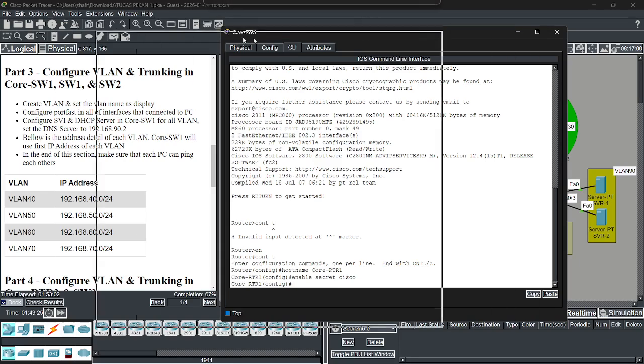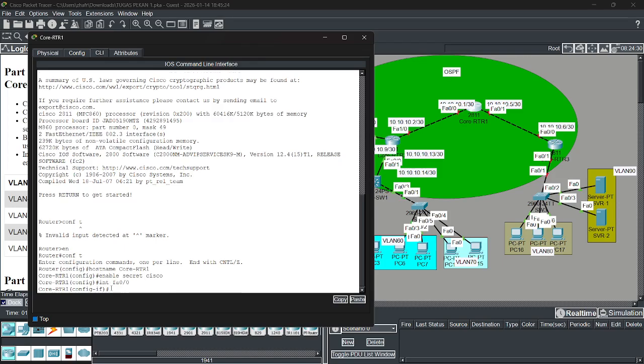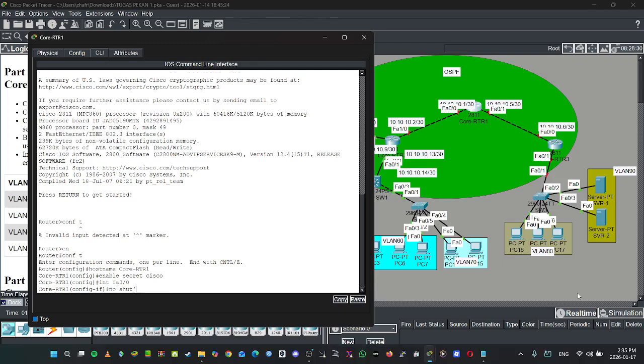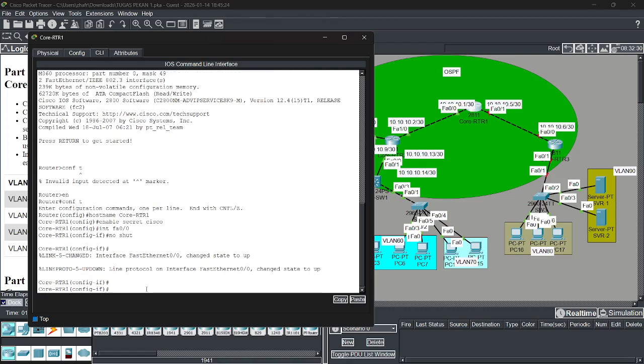After that we activate the port and add the IP. Interface FA0/0. No shutdown, and then IP address is 10.10.10.1.